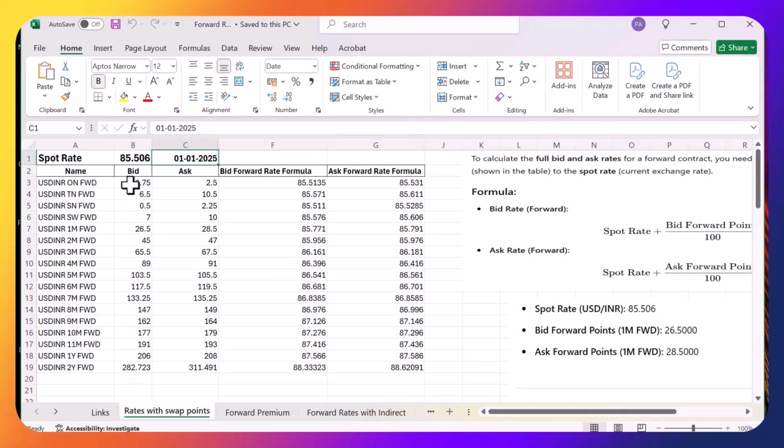Okay, so now we have this rate. Just look at this Excel sheet. So it has the spot rate, and this is on 1st of January 2025 when I took the snapshot. Okay,